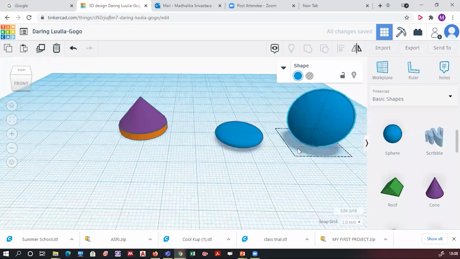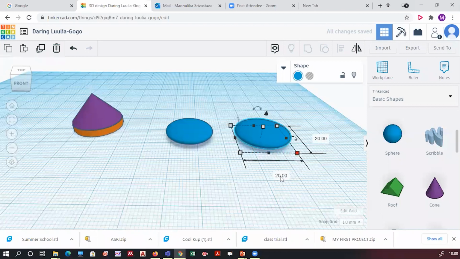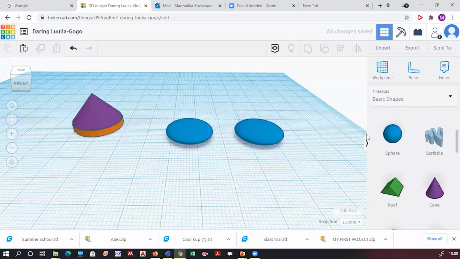Change the diameter to 18, 18 from this side, 18 from this side. Select the sphere, reduce the height to 5 mm and change the diameter to 18.